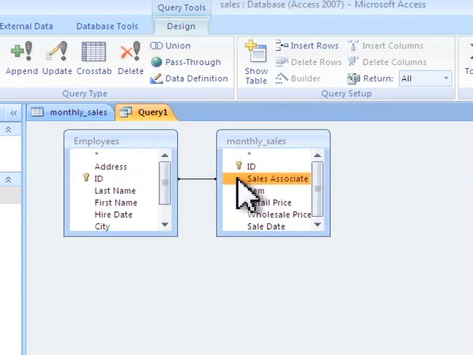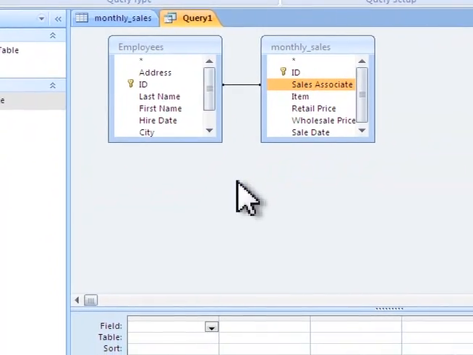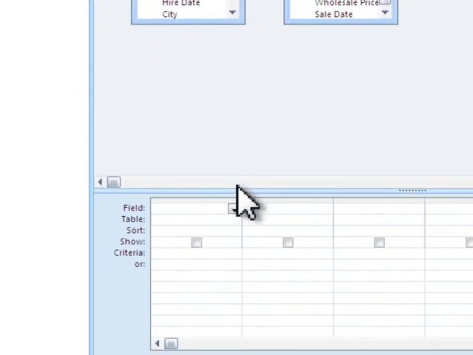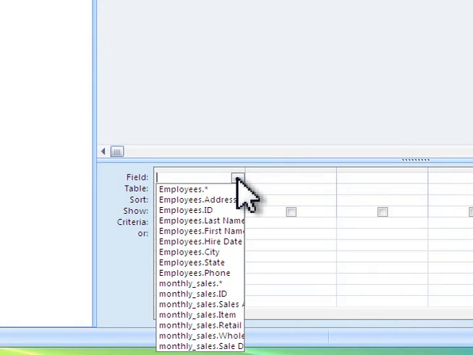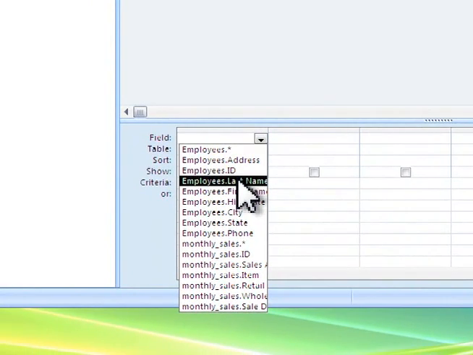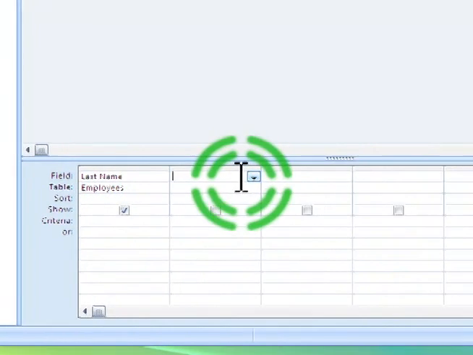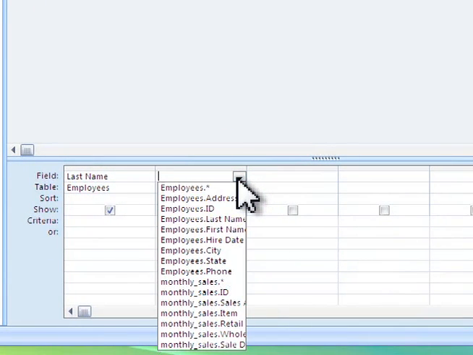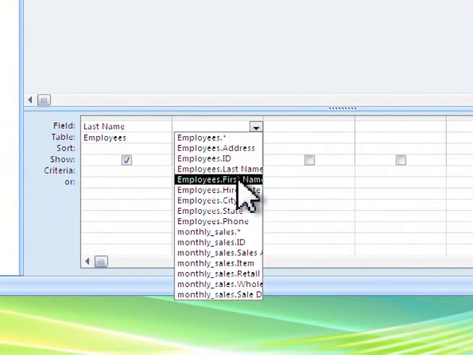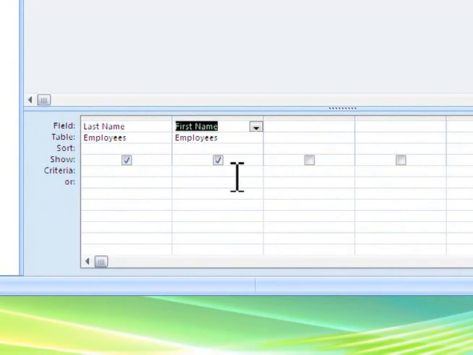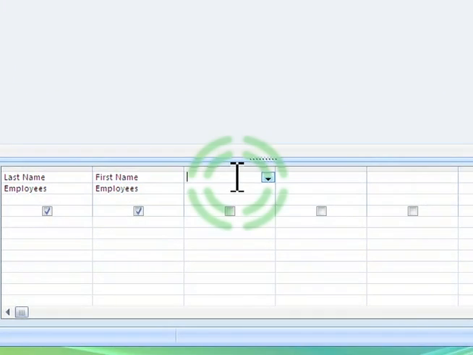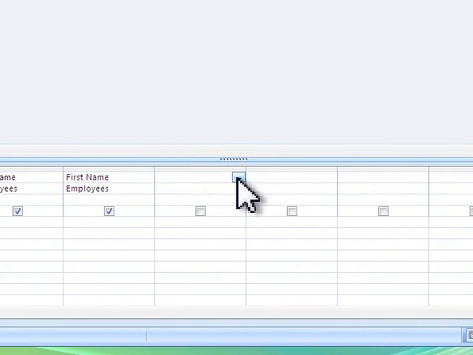Now we'll select the fields that we wish to appear in this query. First, the last name field from the Employees table. Also the first name field from the Employees table. Now we'll click in the third box here, which causes the little arrow to appear on the right side of this column. Click that arrow one time